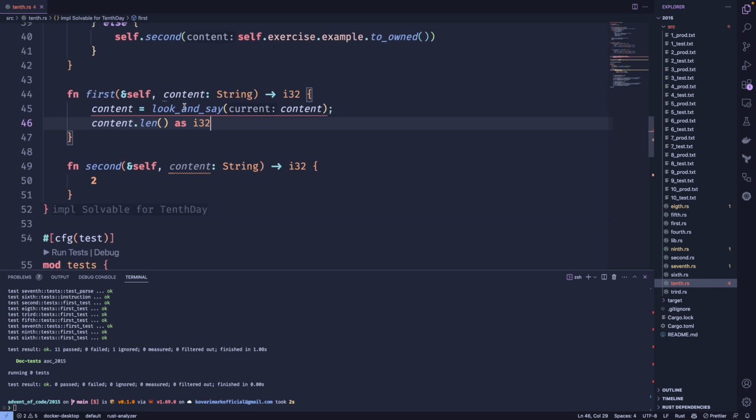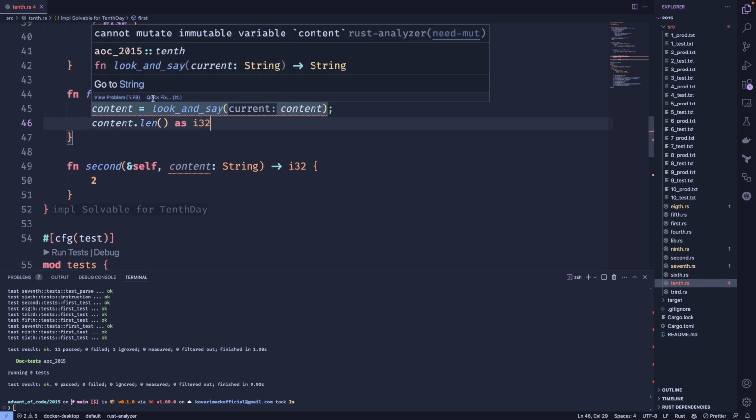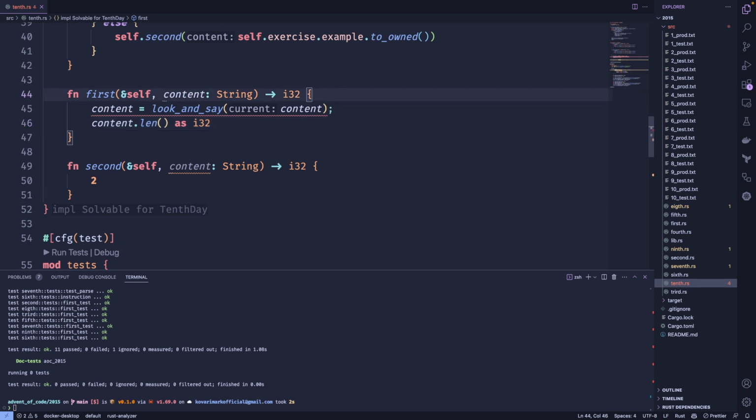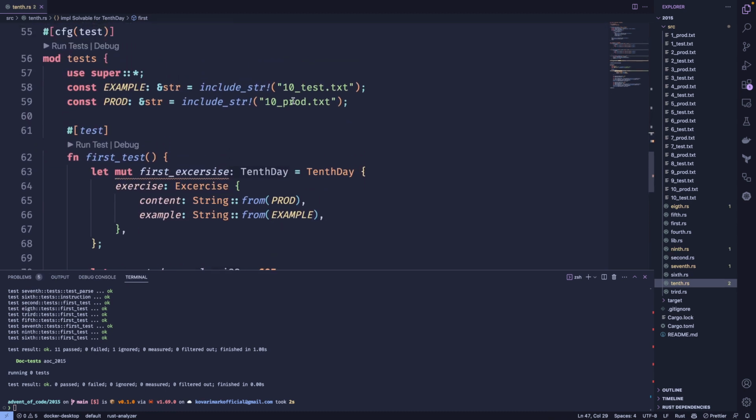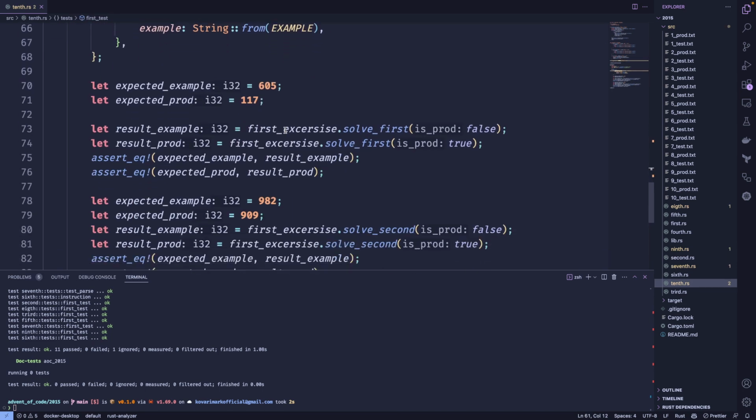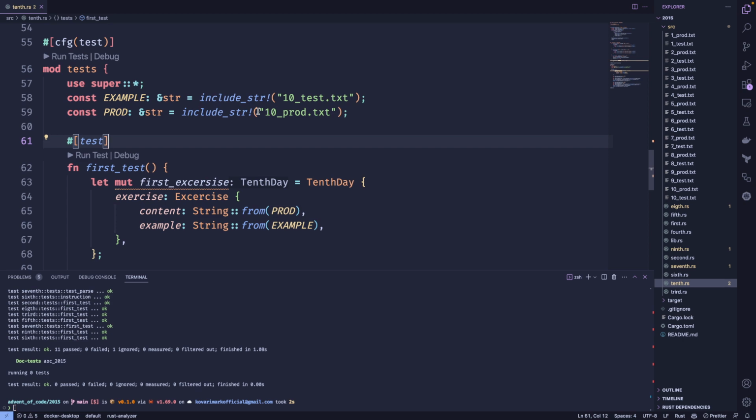Can we say that? Oh yeah, the content is not a mutable thing. Yeah, looking good, makes sense. So we should create a mutable shadowing of this variable, and let's see if this works. If the prod test is 1, and we would call, wait, oh,